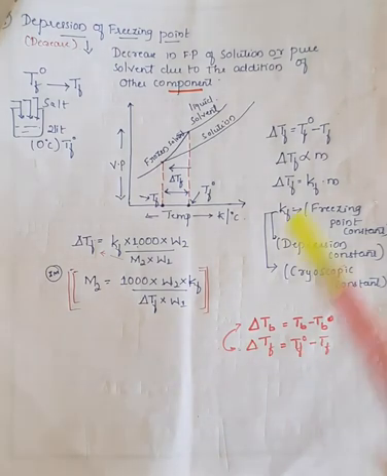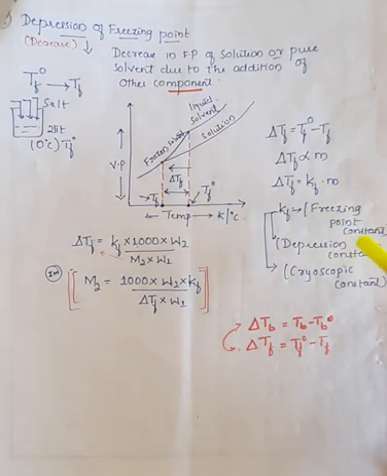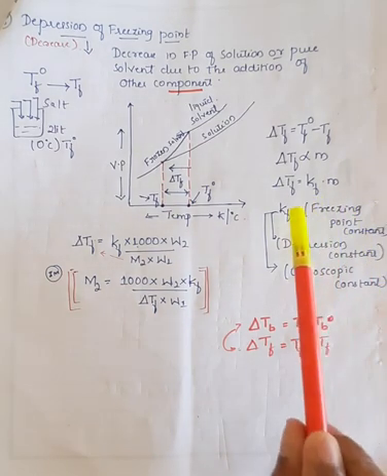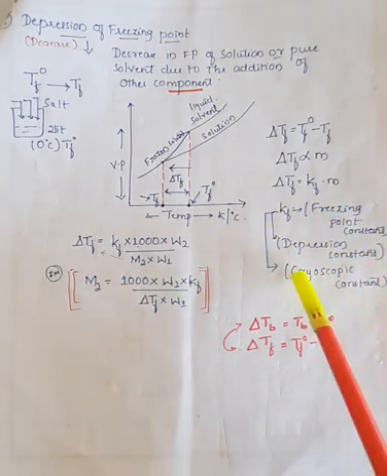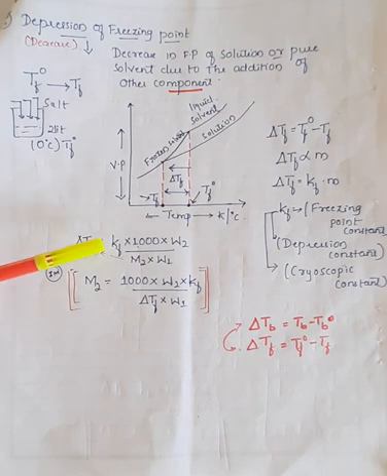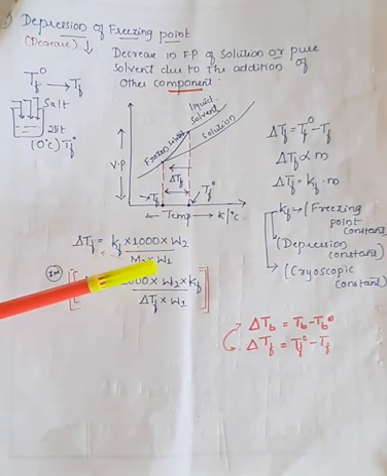Therefore, delta TF is also directly proportional to m, and here Kf is called as freezing point constant. In elevation in boiling point, Kb was called as molar elevation constant or ebullioscopic constant. But here Kf is called as depression constant, freezing point constant or cryoscopic constant. And there is a formula for the calculation of delta TF, which can be given as delta TF is equal to Kf into 1000 into W2 divided by M2 into W1.